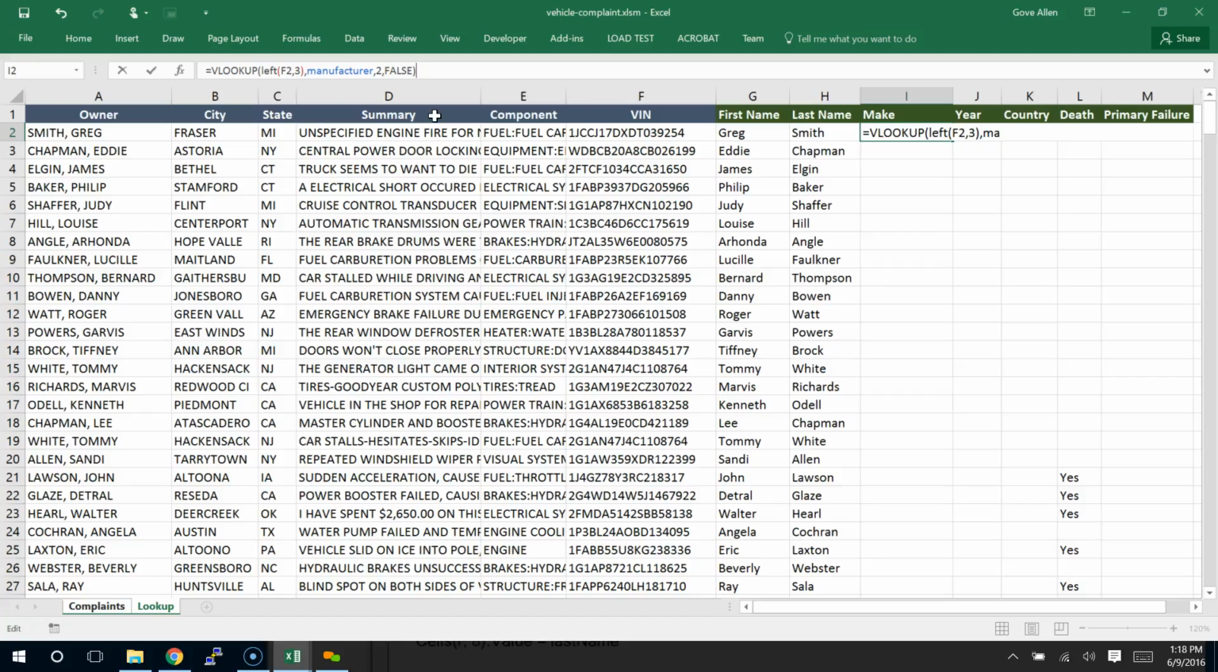And that should give me the manufacturer name. So for this particular vehicle, this is an AMC Jeep. That's the maker of the vehicle. Now, I could just copy that formula down and let the VLOOKUP be exactly like a normal lookup